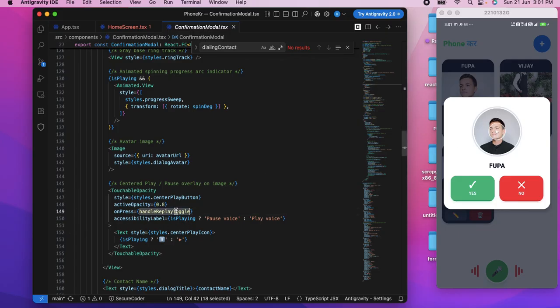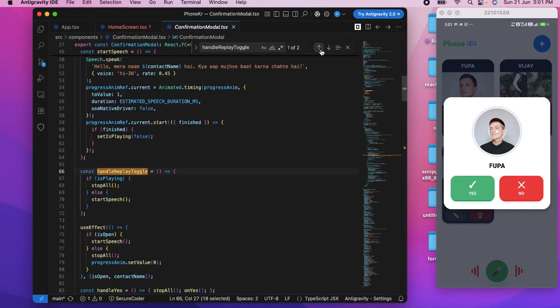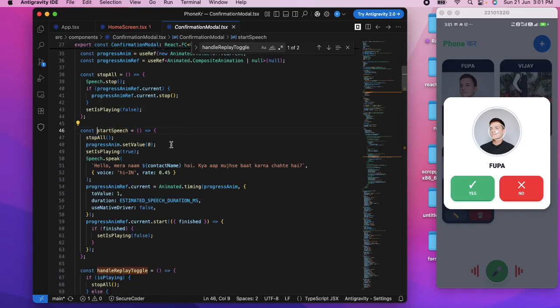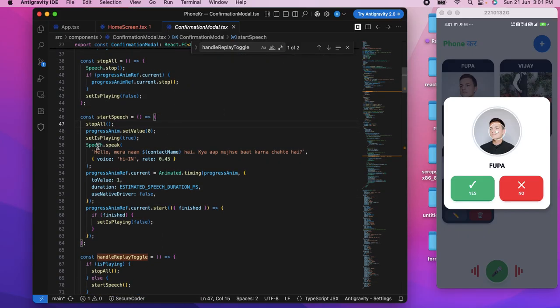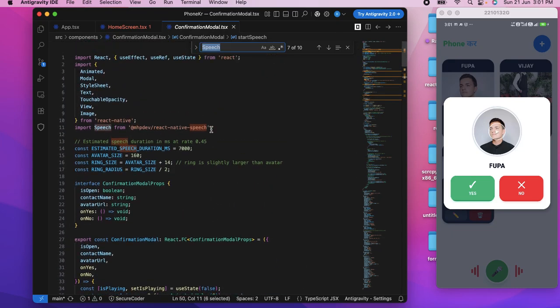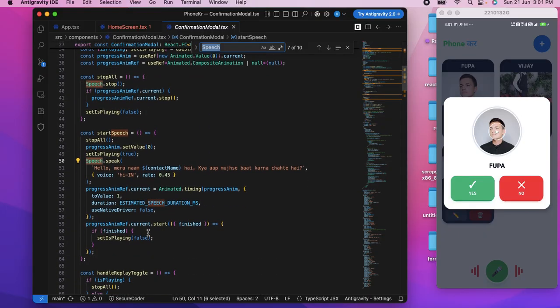So when the user clicks on this button, we are calling this start speech function, and then we are calling this library for text to speech.